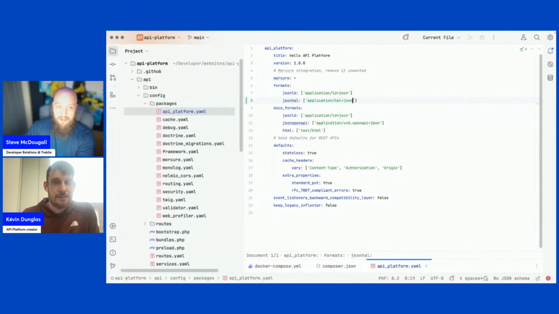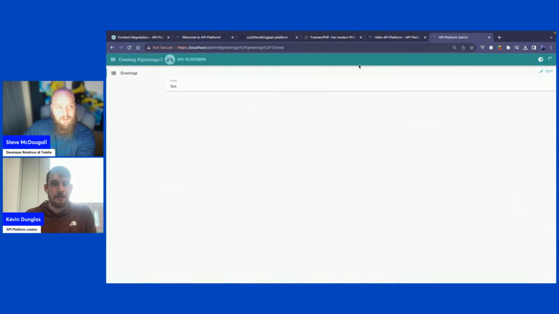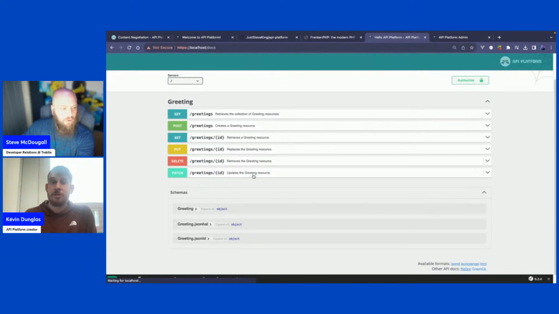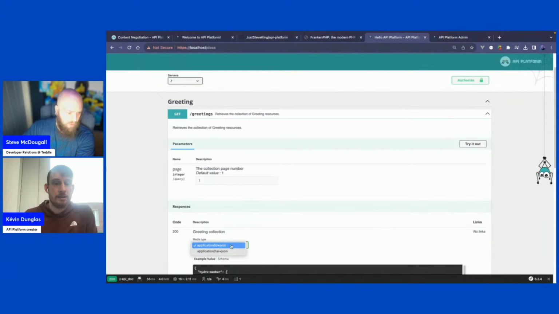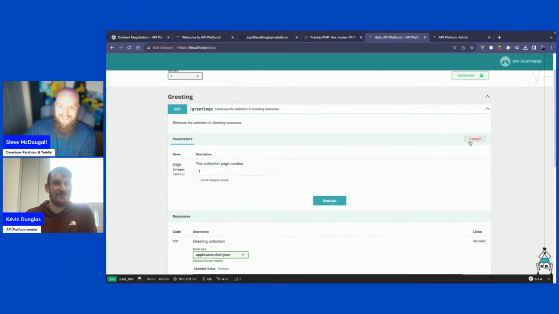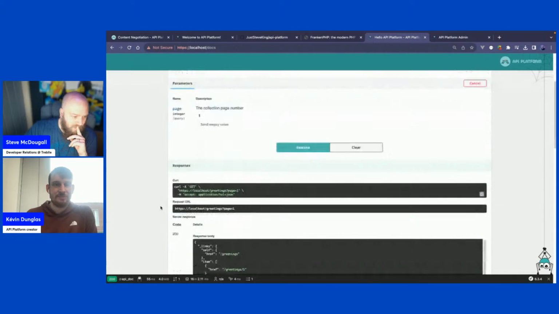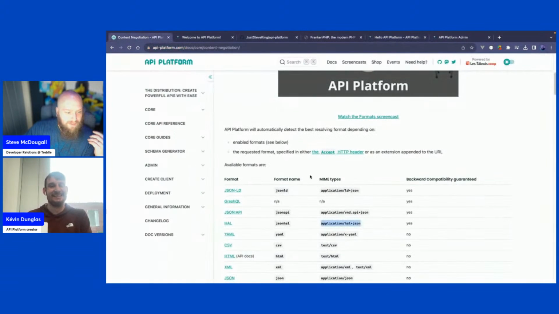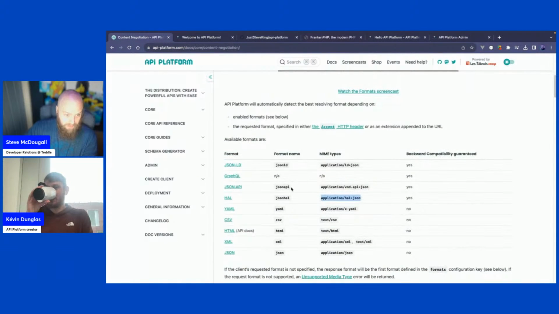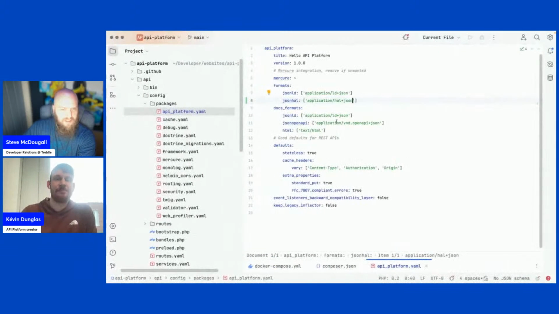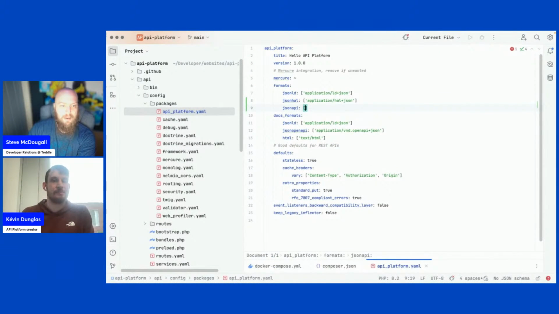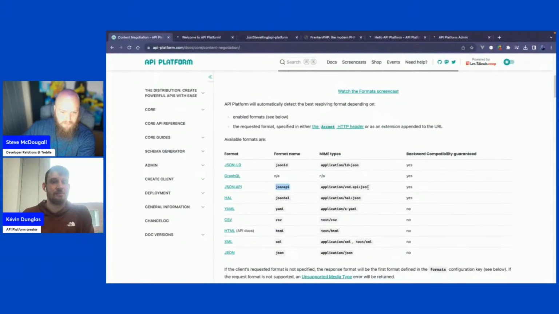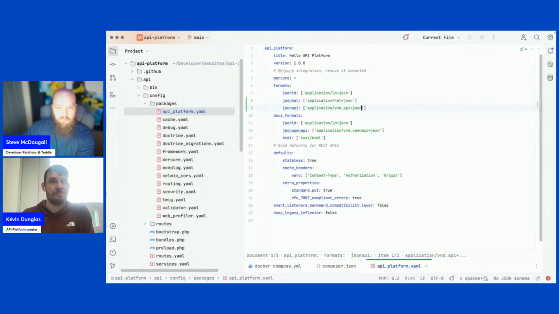So we do have HAL support, which is fantastic. Do I need to do anything to reload that, or is that reloaded by default? Wow, perfect. So let's try that out, execute that. Perfect. Oh, wow. So you've got all of these different versions, right? So let's add JSON API, because typically what I use in a Laravel application would be JSON API. Although I am enjoying HAL a little bit more recently.